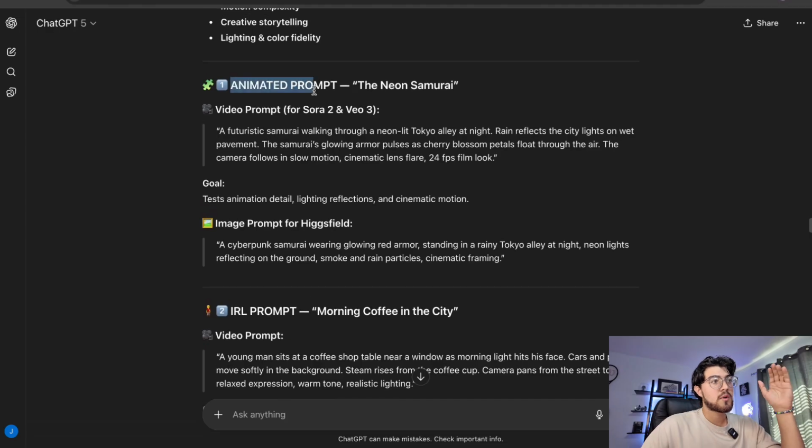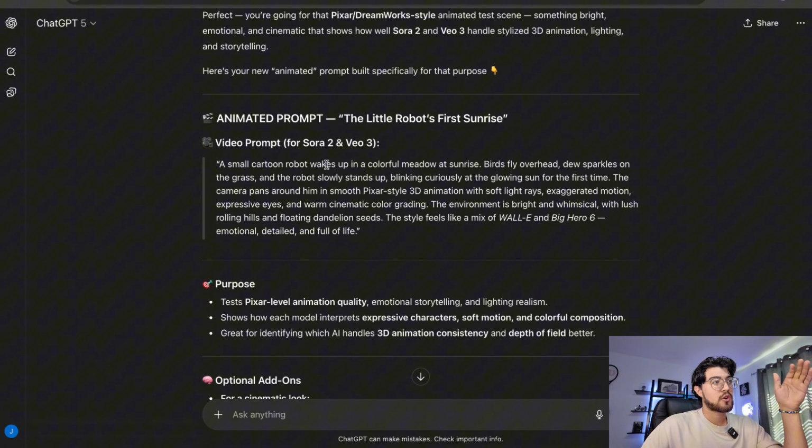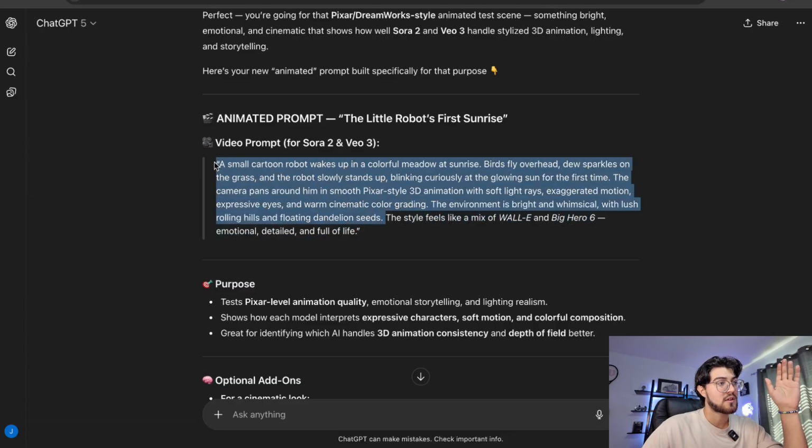But the first one we're gonna start with is the animated prompt. And I read through it earlier, and it didn't really make what I wanted. When I asked for animated, I meant like a cartoon, like a Pixar movie. So I asked it to create it again down here, and now this is sounding a lot more like what I wanted. A small cartoon robot wakes up in a colorful meadow at sunrise, Pixar style 3D animation in the style of WALL-E and Big Hero 6. I'm gonna leave that part out just so it doesn't make like characters from those movies, just in case,